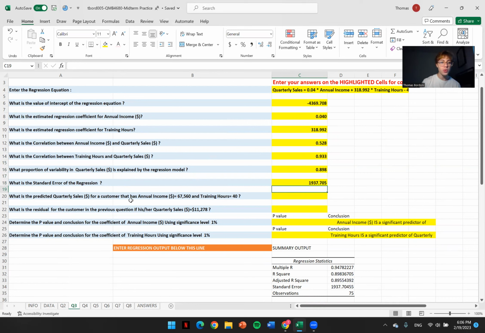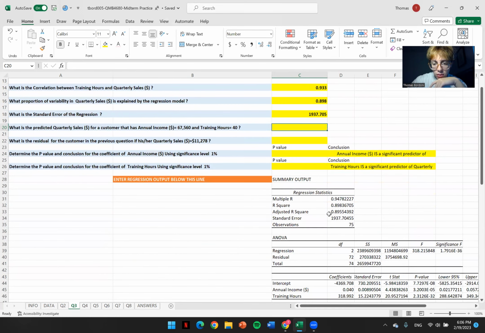It asks us what is the predicted quarterly sales for a customer that has annual income 67,560 and training hours 40. Okay, so to solve this, basically all you need to do is go ahead and type your value. In this case it is the intercept. Okay, so minus 4369.708 plus